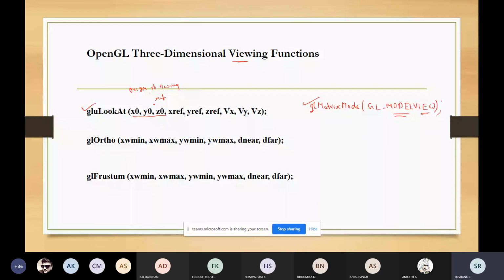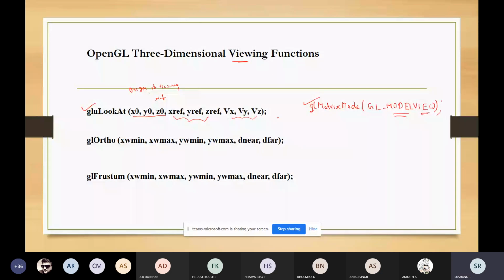And then we have x reference, y reference, z reference. They are the reference position. So these three are the reference position, and we have vx, vy, vz. They are the view up vector. So we have studied about the normal vector, view up vector. So vx, vy, vz are the view up vector.